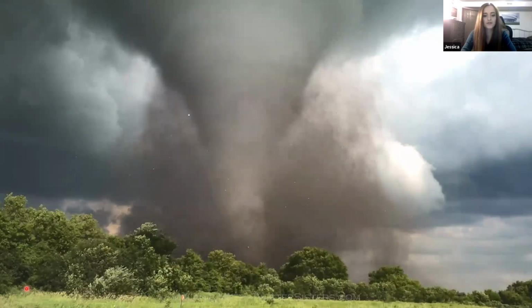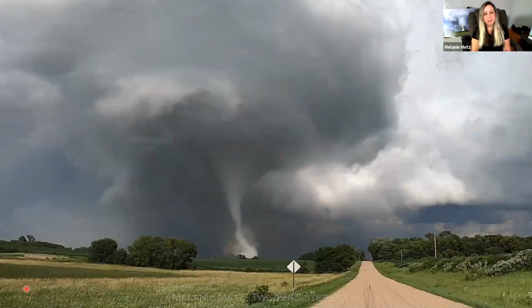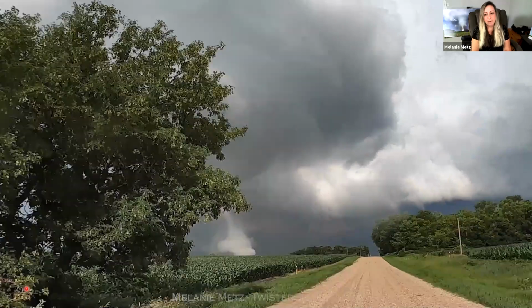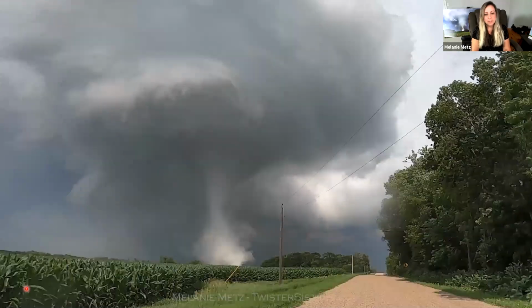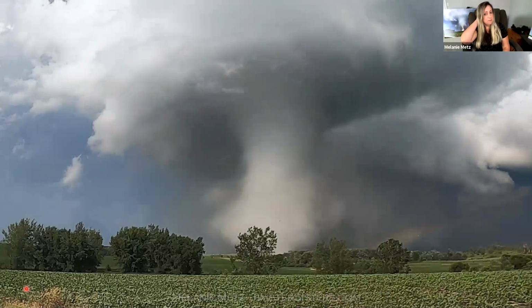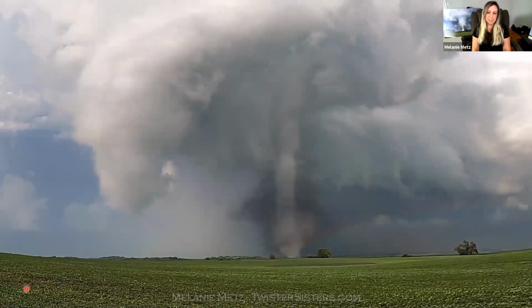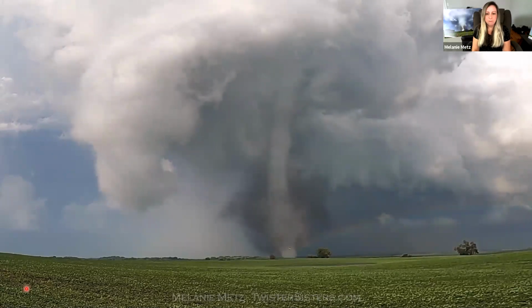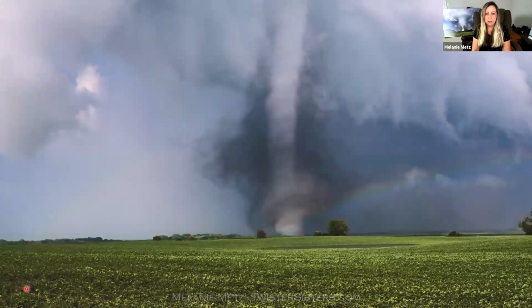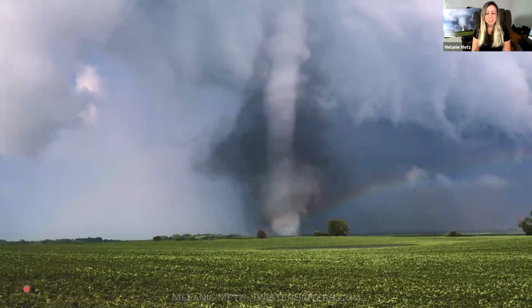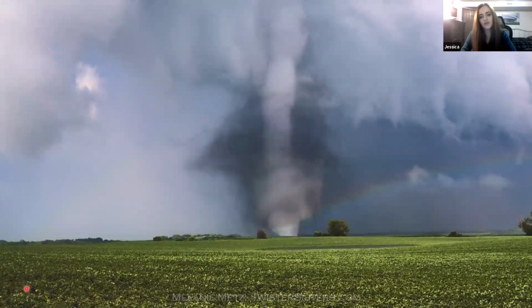Incredible motion. Yeah, I just couldn't believe how close we were to this tornado. It was incredible, especially at the beginning there. And it was moving very slowly, as I'll mention in a moment. But yeah, just some clips. This incredible, photogenic tornado was on the ground for over 30 minutes. It was pretty unbelievable.